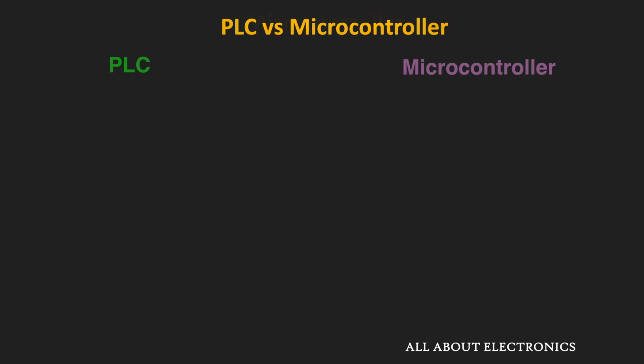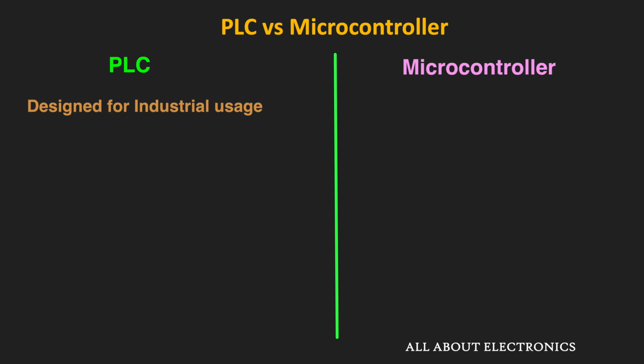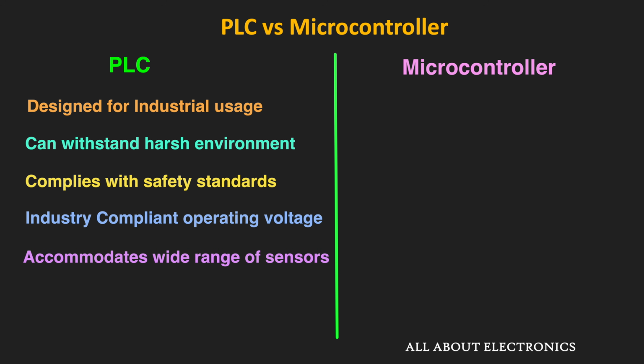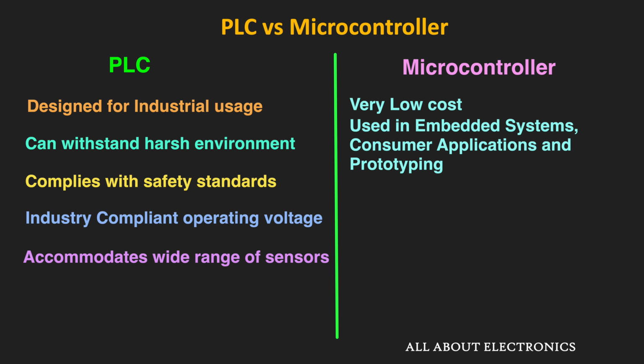So in summary, PLCs are meant to be used for industrial usage, and as they are meant for that, they are quite rugged and robust. Not only that, they can also withstand very harsh environments and they comply with different safety standards. Their operating voltage range is also industry compliant and they are designed to accommodate a wide range of industry sensors. On the other hand, microcontrollers are very low cost and